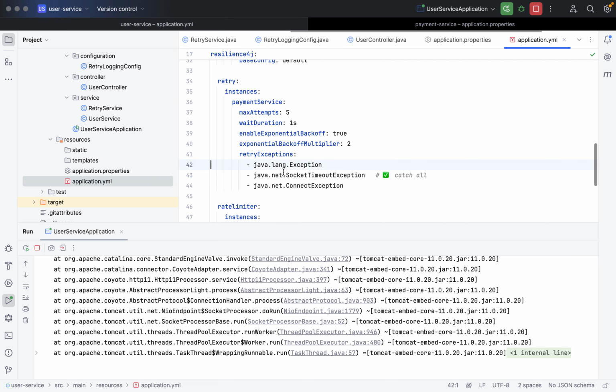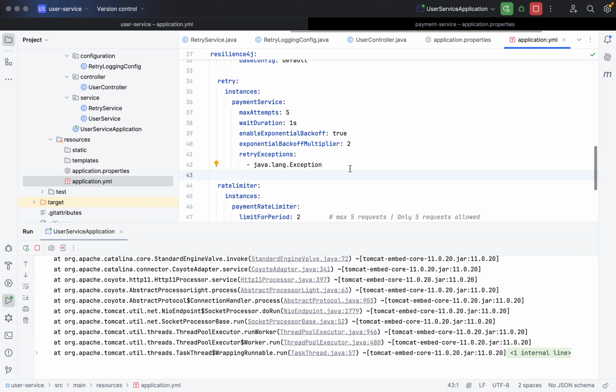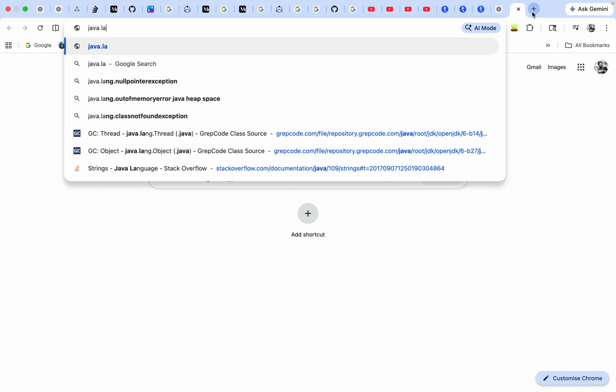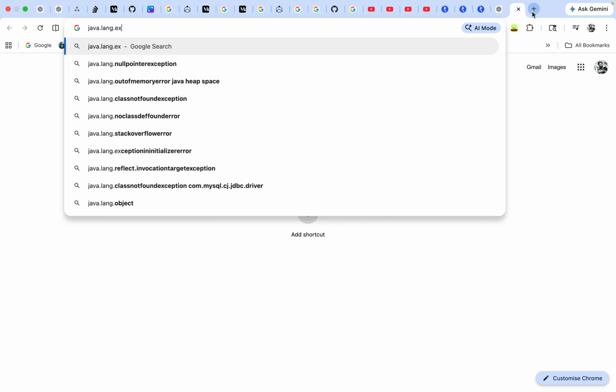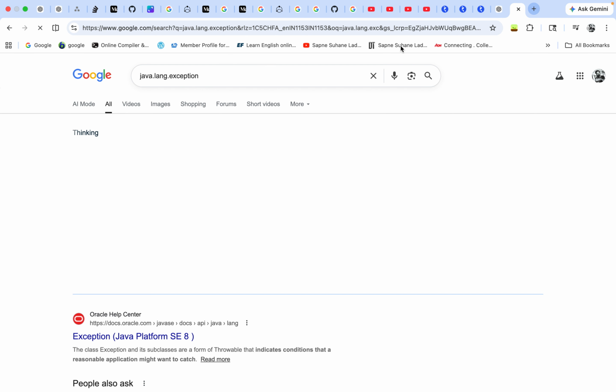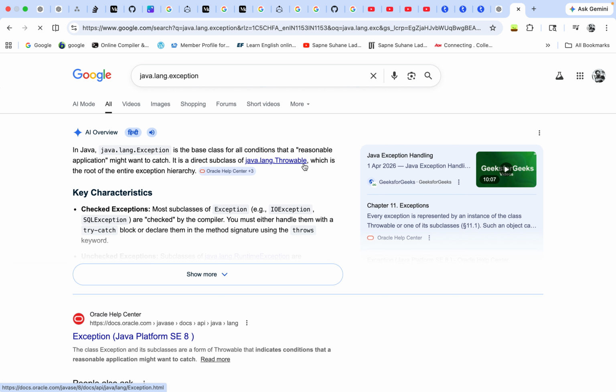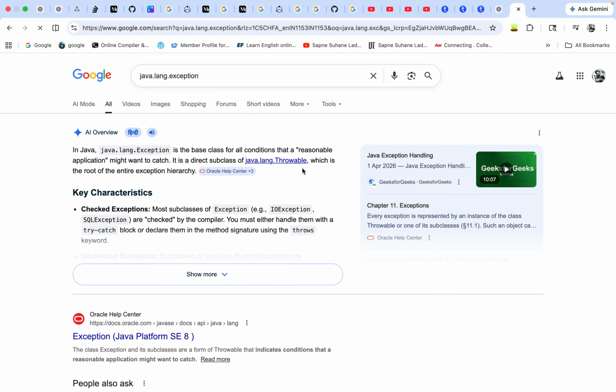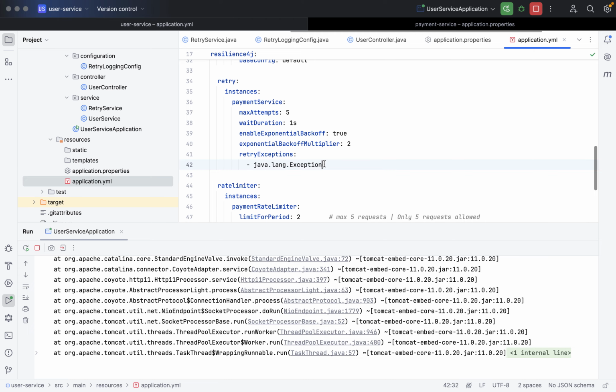We hope it would handle all the exceptions. Java dot lang dot exception is in the java dot lang package, okay. So it is the base class. Now we are expecting that all the exceptions should be handled here only.